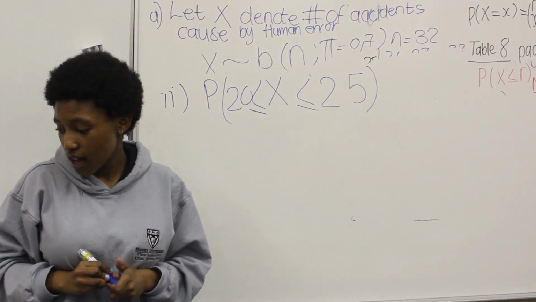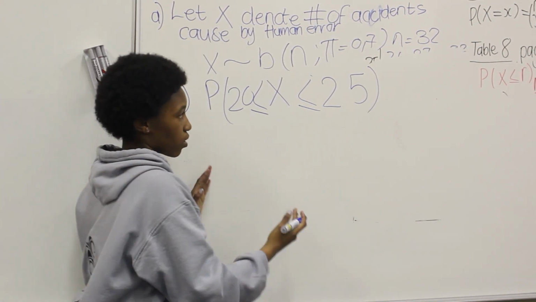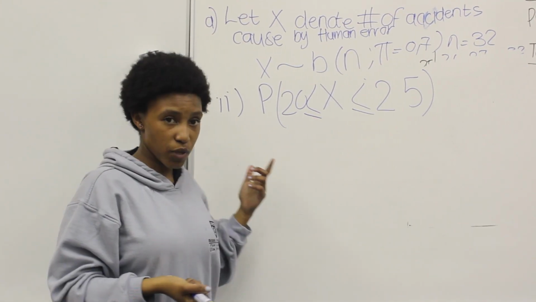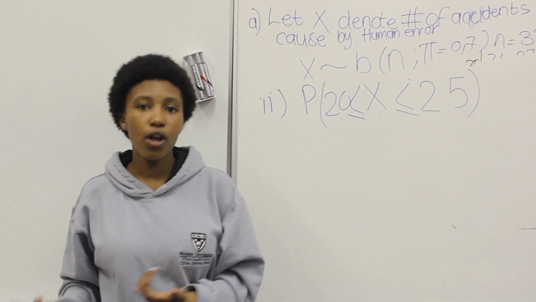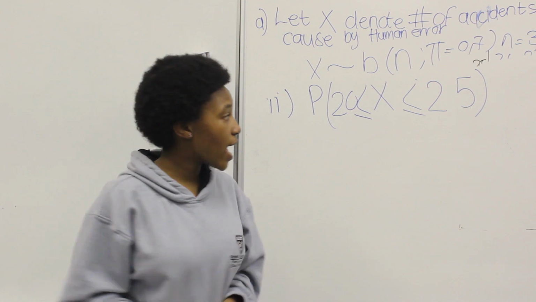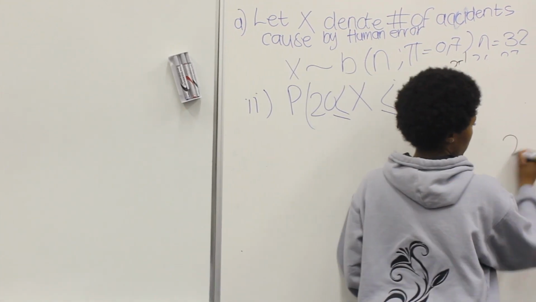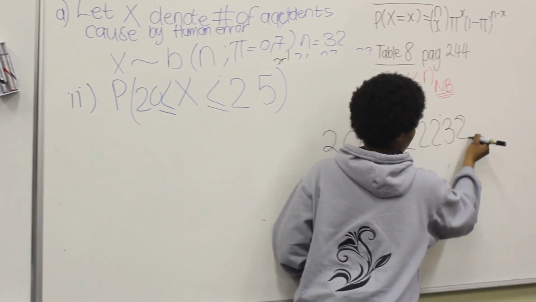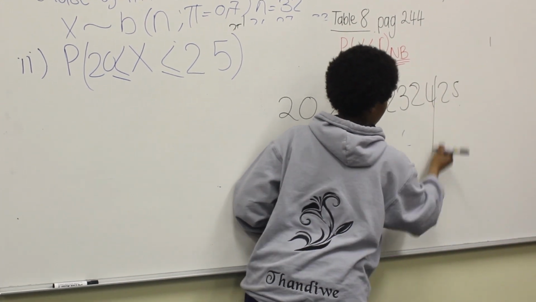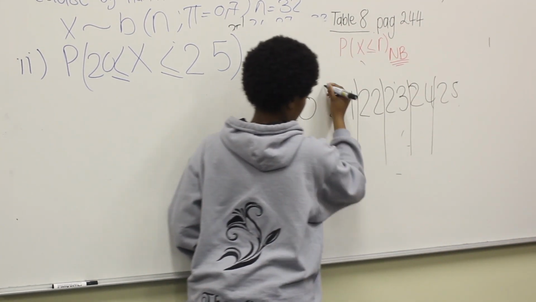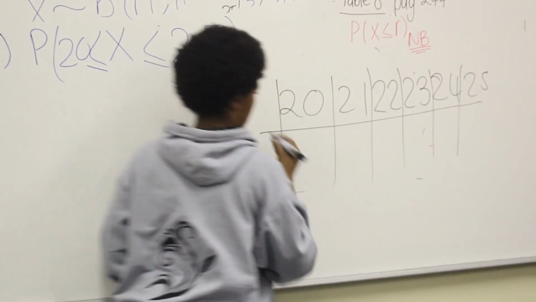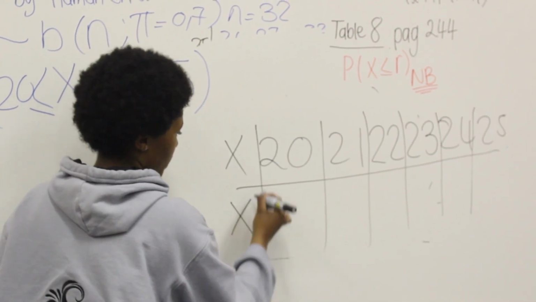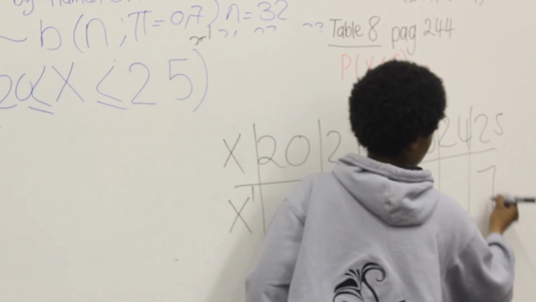Okay, so here we're just looking for a portion of stuff, right? But because we know from the first question that we did that 0.7 isn't in the table, we have to use x prime again. And we know that 20, 21, 22, 23, 24, 25 are all the possibilities of x, right? So we're looking for this region in terms of our x. But in terms of our x bar, we're looking for